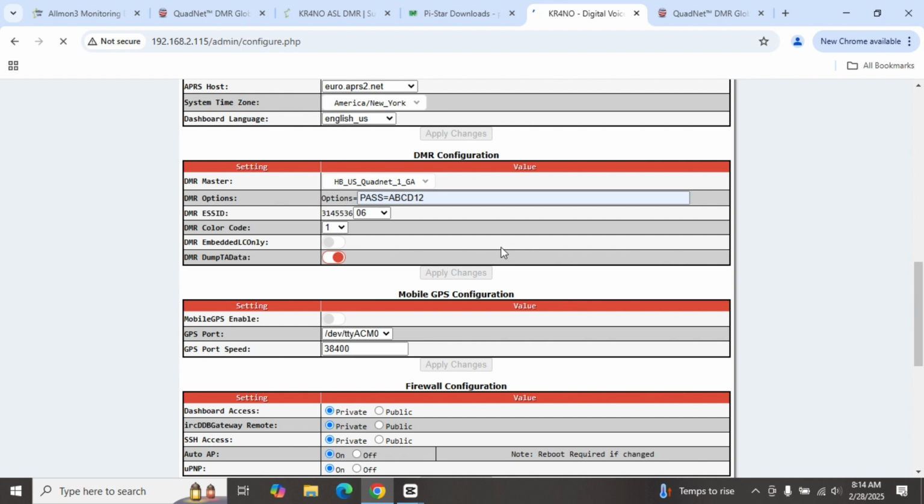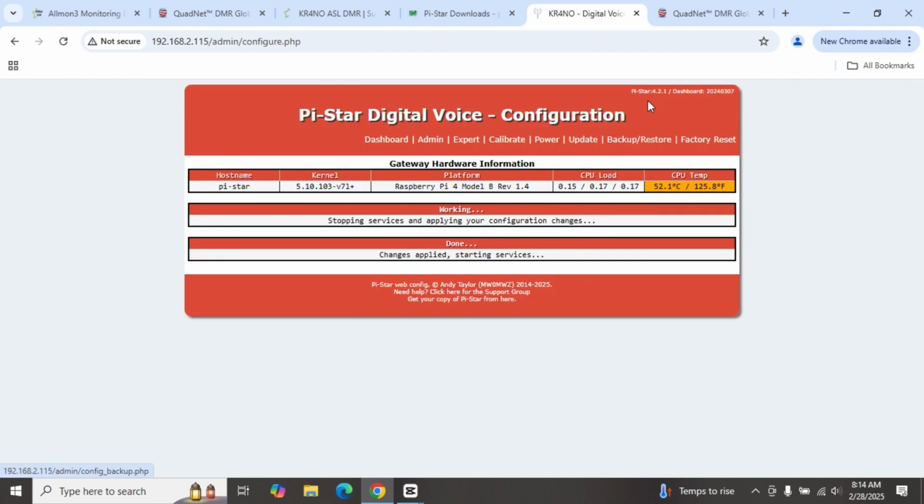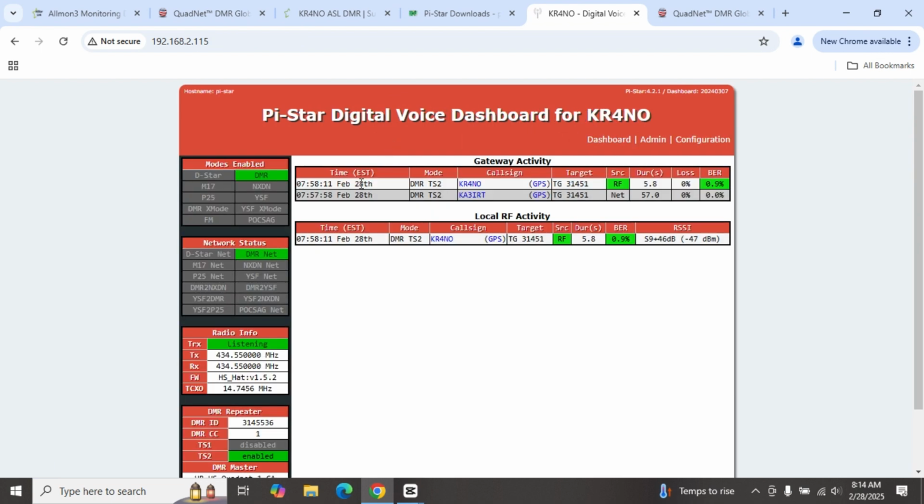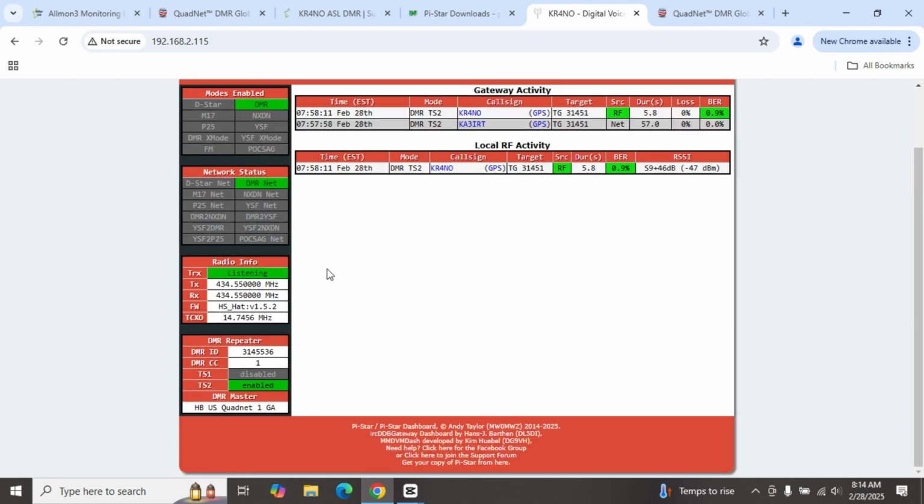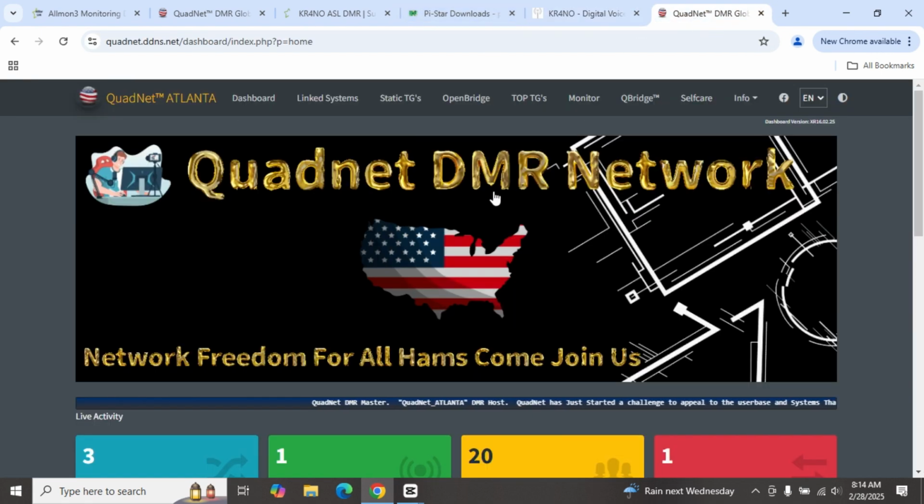And here's why that's important. It's going to let us log in to Quadnet and do some changes. So you can see that we're working. We've got all green lights. We're listening for DMR. You can see some traffic, some stations that me and another guy's been talking to there. Bill up in Pennsylvania. So everything's working. Now, if you go to the Quadnet website, the server page for Atlanta,